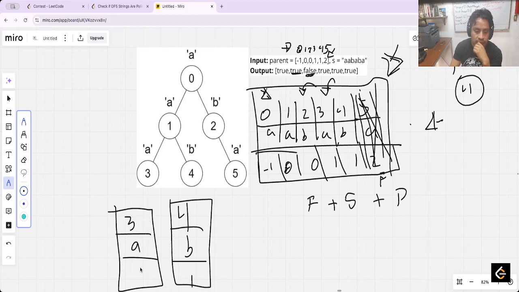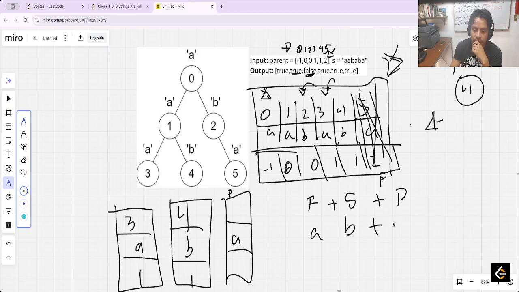The first is A, the second is B, and the parent is 1. This parent is A. Plus A, is it a palindrome? Yeah. Okay, well, until now